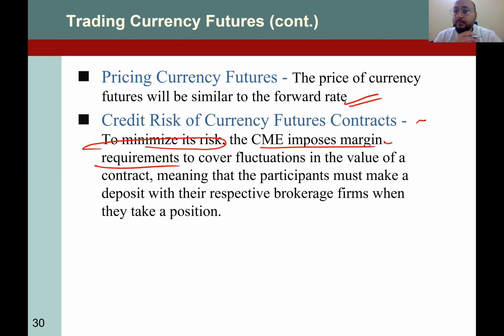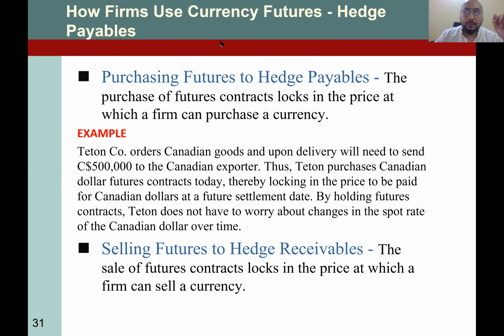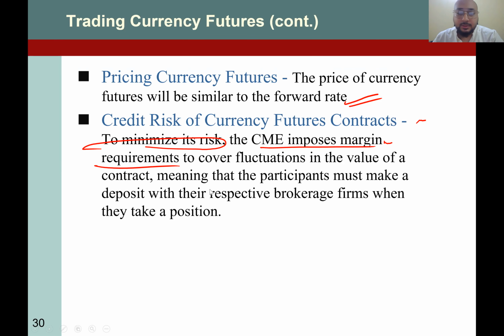In forward, if somebody says I'm not going to honor the contract, there are no regulations over there; only the bank has its own regulation, that's it. But in futures, we have standardization and authorities to watch over, like the National Futures Association, so they will be fighting on your behalf and covering your loss, right? Regarding the uses of futures, I think we will talk about this in our coming lectures.